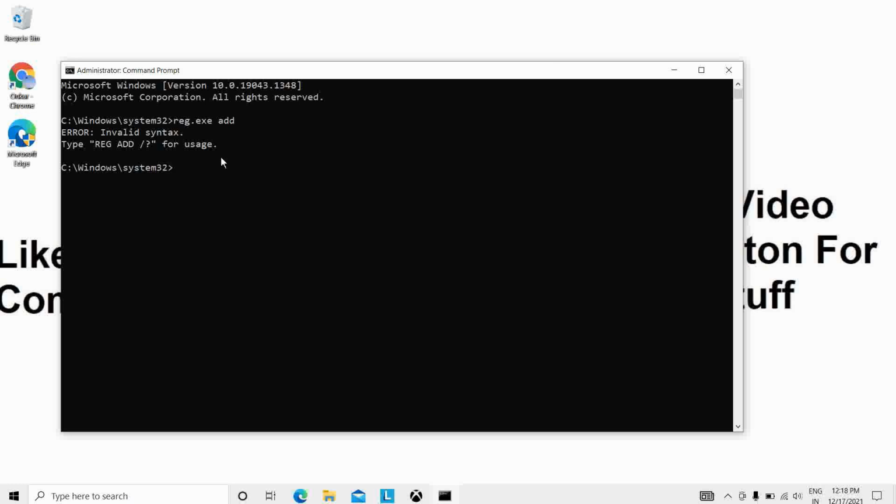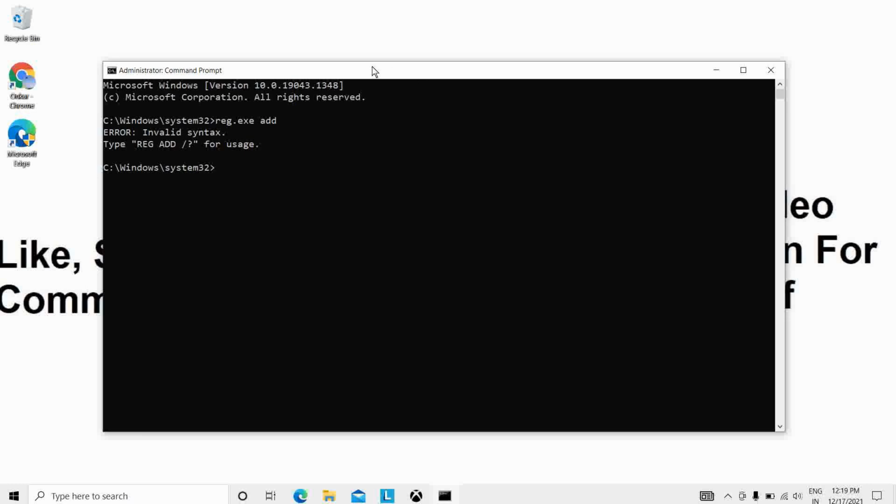So here you have to run only one command that will absolutely solve your problem. What you have to run is sfc space /scannow. Sorry, I haven't typed the slash, so you have to type sfc space /scannow.